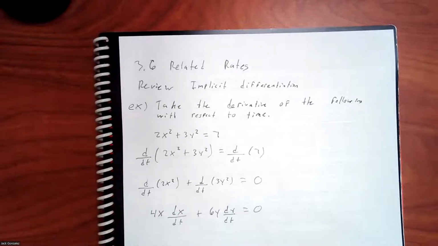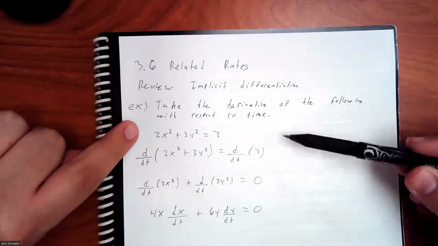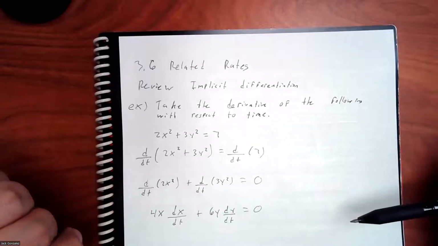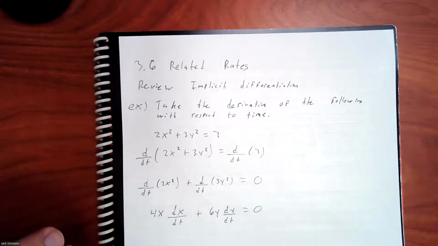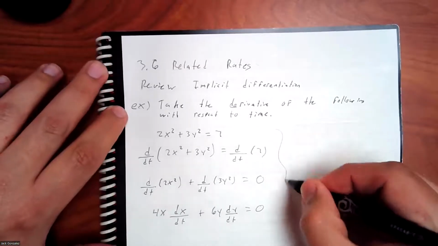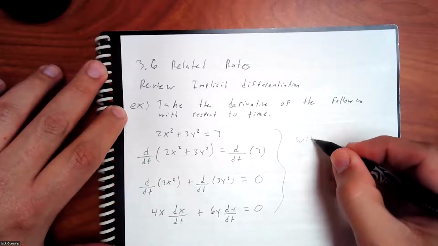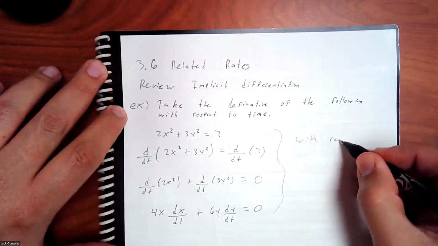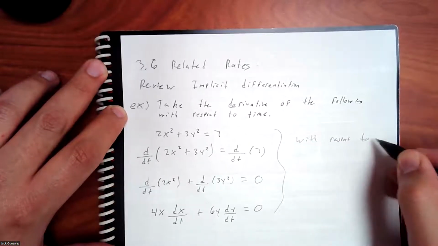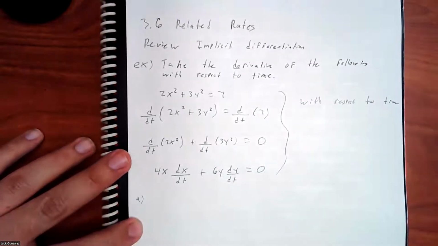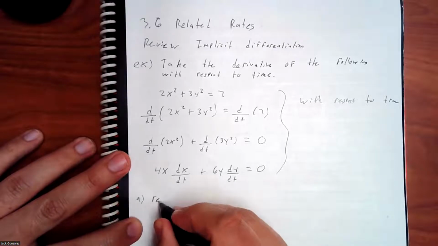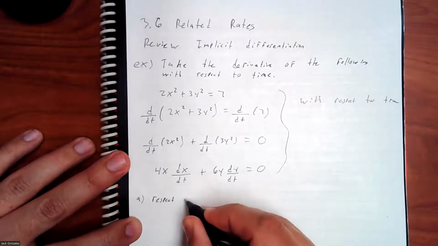Okay, so you guys remember these ideas about implicit? Is that clear? Because this is important before we start 3.6. Right? So this right here, with respect to time, right? So let's make some extra problems here just for fun. Respect to